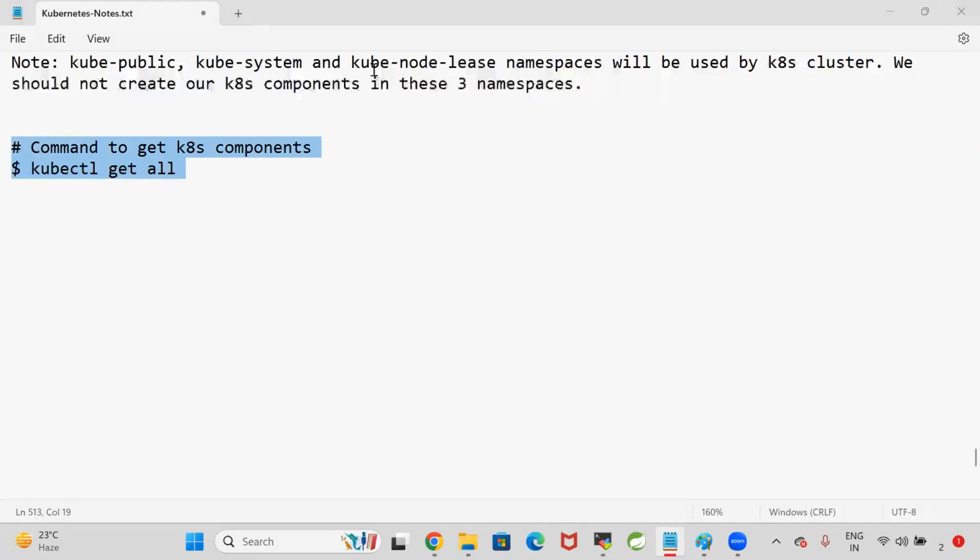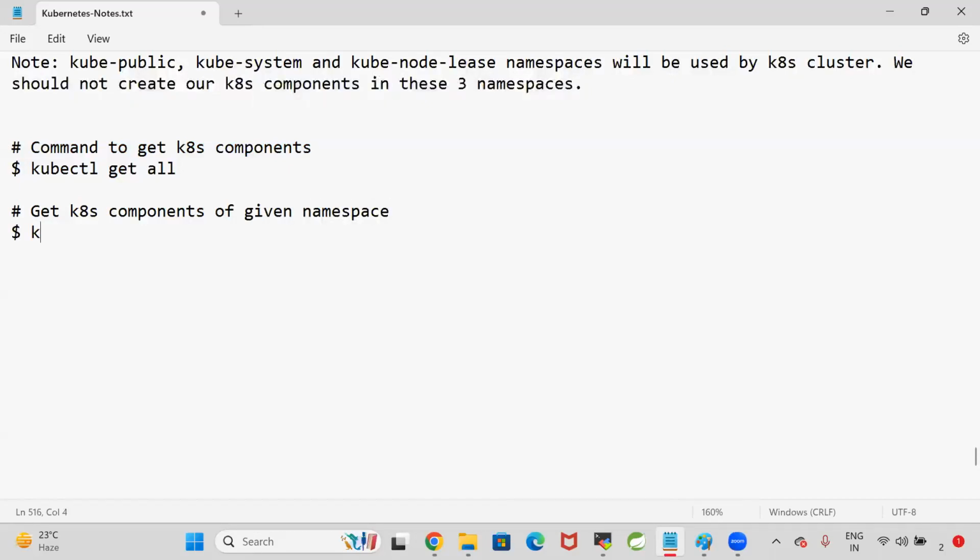I'm not giving any namespace. When I don't give any namespace, from which namespace will it get the Kubernetes components? Default namespace. Right. To get Kubernetes components of a given namespace,